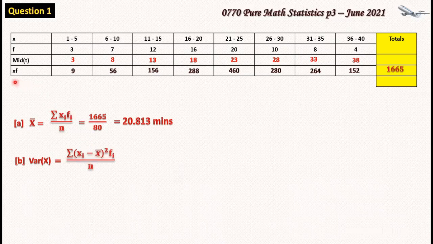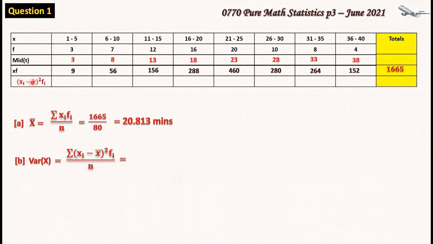So here we are going to start by looking for the deviations. For each of the deviations that we have, we square and multiply by the frequency. In the first case, we will have 3 minus the mean. The mean is 20.813, okay? So we are going to have 3 minus 20.813 squared times the frequency. The frequency is 3. This gives us